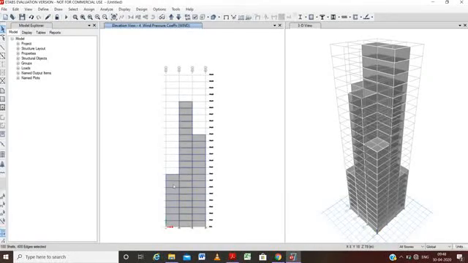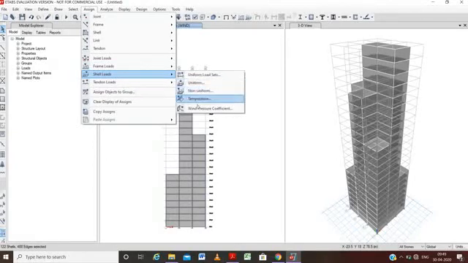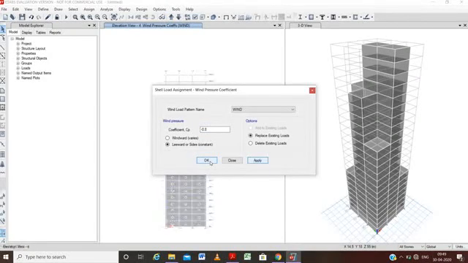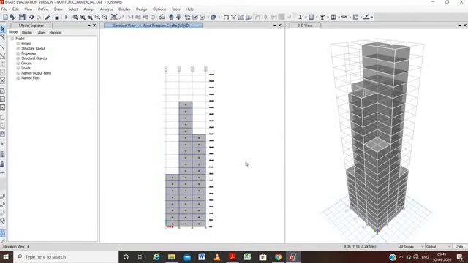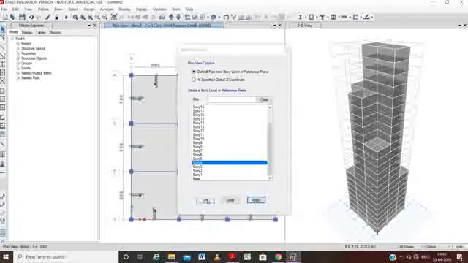With the elevation changes, we can again select all the cells and assign our shell load and wind pressure coefficient in one go. Choosing the leeward option or the sides option, we will apply here and go to the OK option, and the wind load has been applied in all the cells as given. For this we have to watch, just go to plan option and go to any story, press OK.